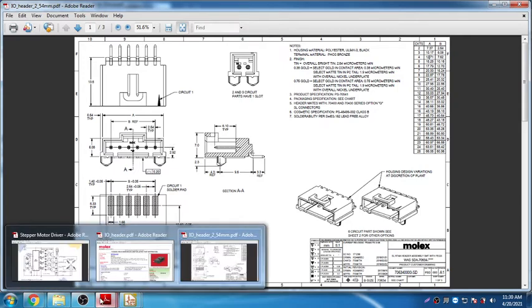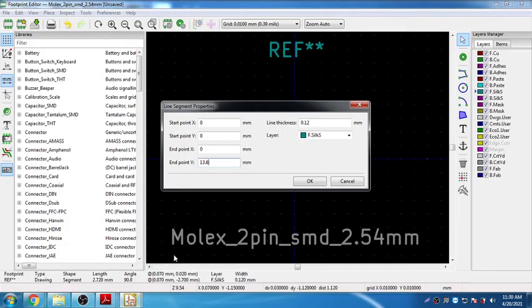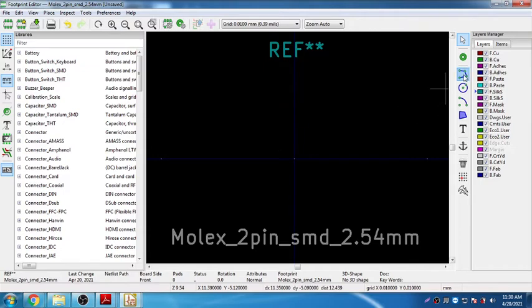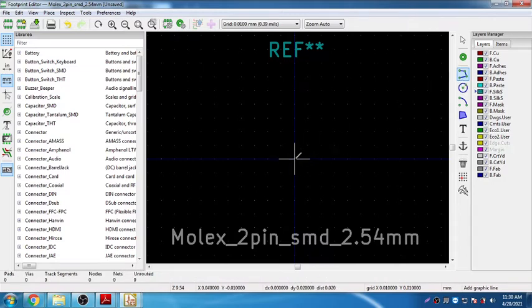In the KiCad design, I simply placed a line and pressed the edit key. I'll repeat what I did. I'll delete this and draw a simple line. The tool name is Add Graphic Line. Use Add Graphic Line, click at some point, probably at the center, and simply draw one line without worrying much about the dimension, and press the escape key. Now hold the cursor over it and press edit.